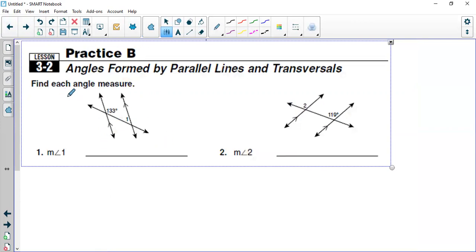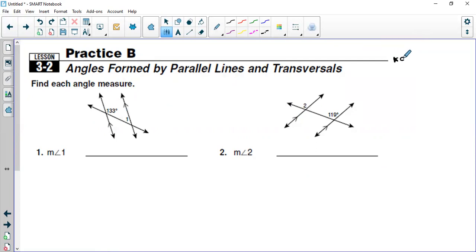Now, you have to find each angle measure. So how are you going to find each angle measure? A quick review, right? All alternate interior angles are equal. All alternate exterior angles are equal. Let me quickly write it down here: all alternate interior angles are equal. Do write it down somewhere in your book or somewhere which you always look at, in a place where your eye meets, so that whenever your eye meets, that will just automatically get recorded